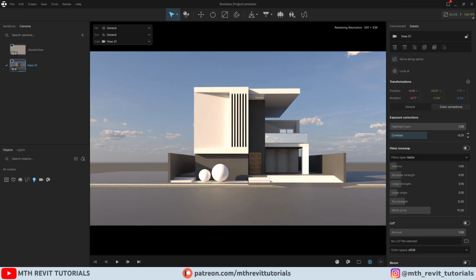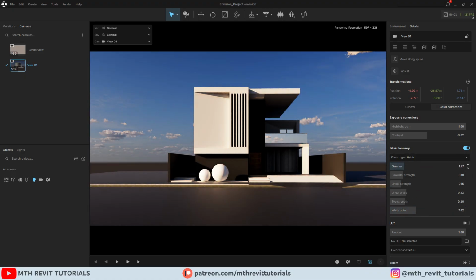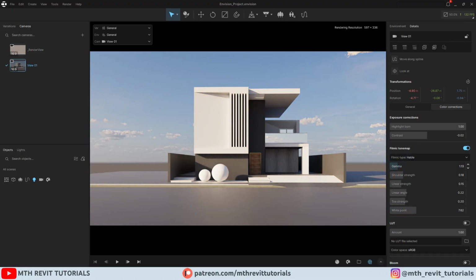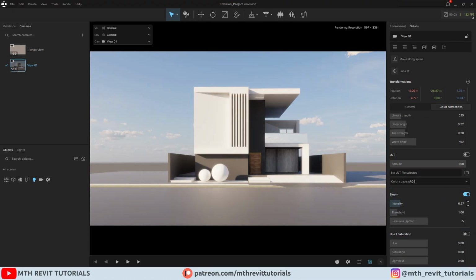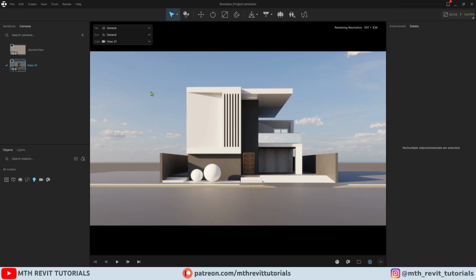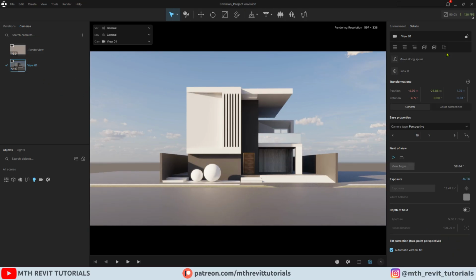You can play around with these settings according to your scene to get better results. Make sure to turn on each effect that you would like to use. Perfect. Once you are happy, be sure to lock the camera view by clicking here, so you won't move it